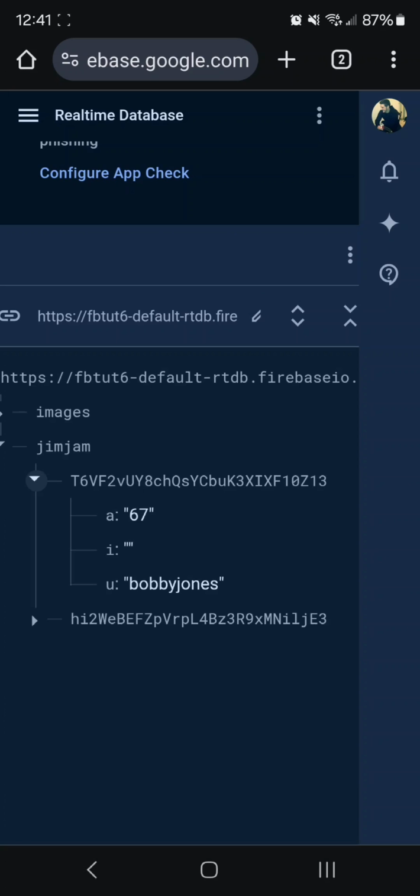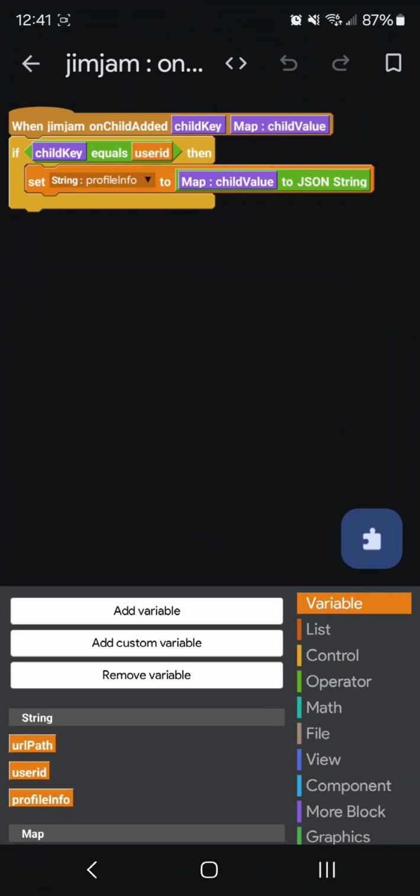If there were more keys in here like B, Z, A, D, whatever, we would get that entire map data set to a specific string of data. So that's going to be this string right here in that map child. This is a map array of information that we're going to be setting to a specific string, a JSON string, that is what it's called. You're going to learn a lot about JSON while coding. And then we're going to sign in and finish our user sign in when that information has been